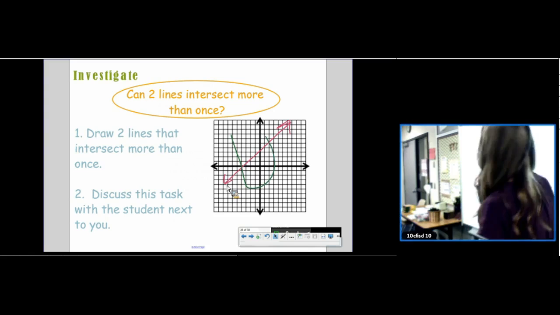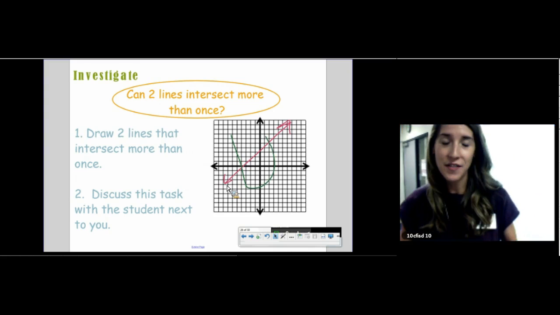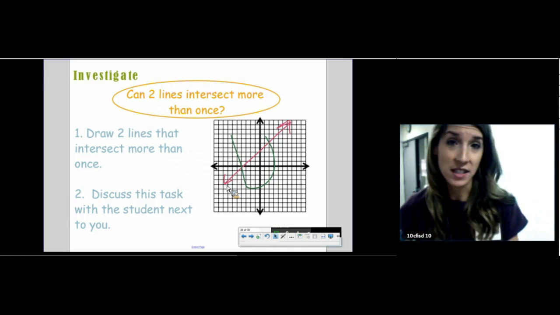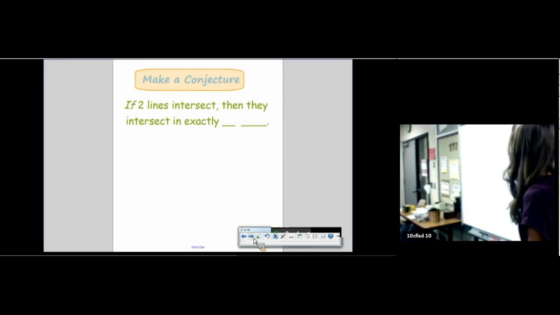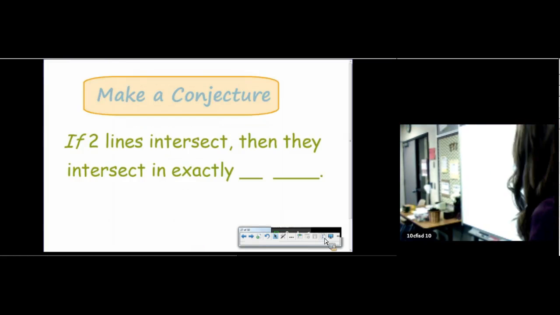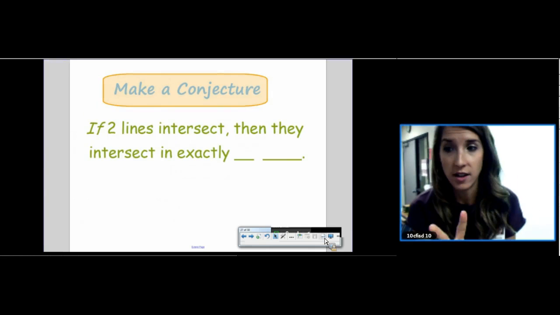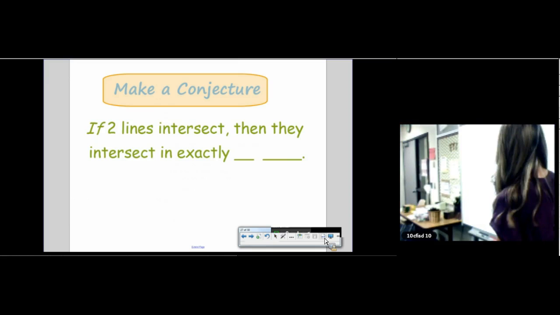You can't go back around. Lines are not allowed to bend. That's in the definition of a line. It has to be straight. So, that is an impossible task. They cannot intersect more than once. So here's our next conjecture, our next hypothesis. If two lines intersect, then they intersect in exactly one